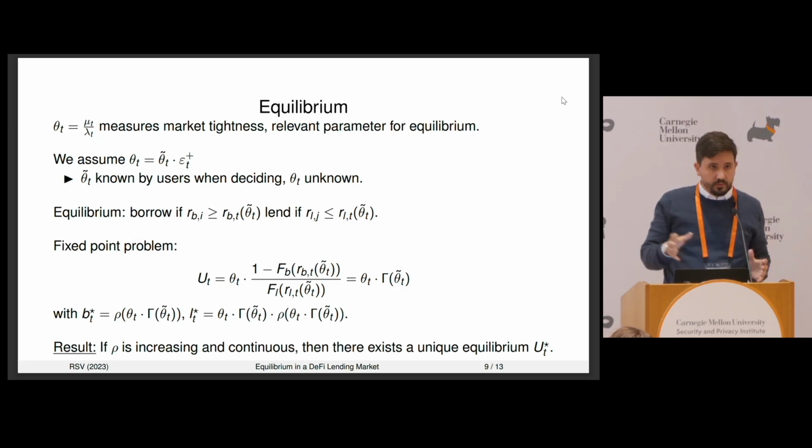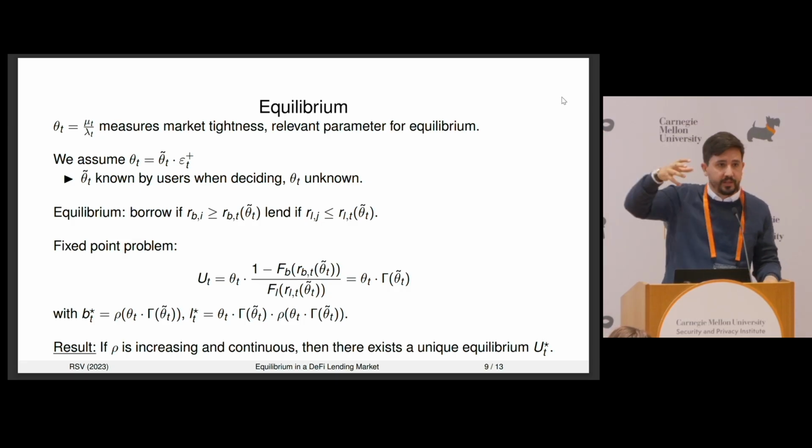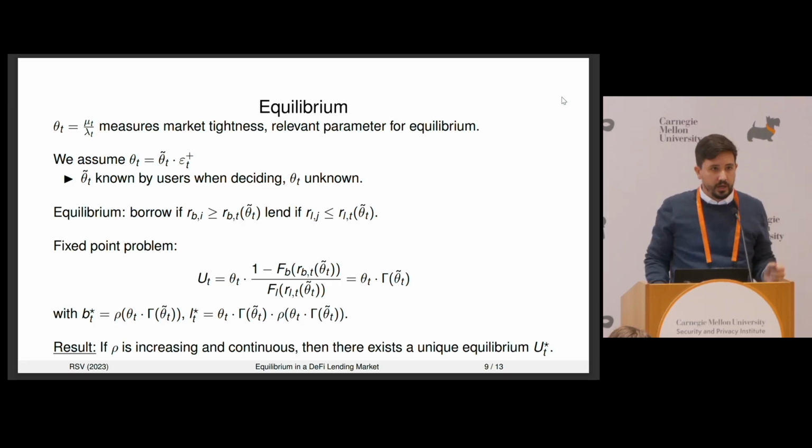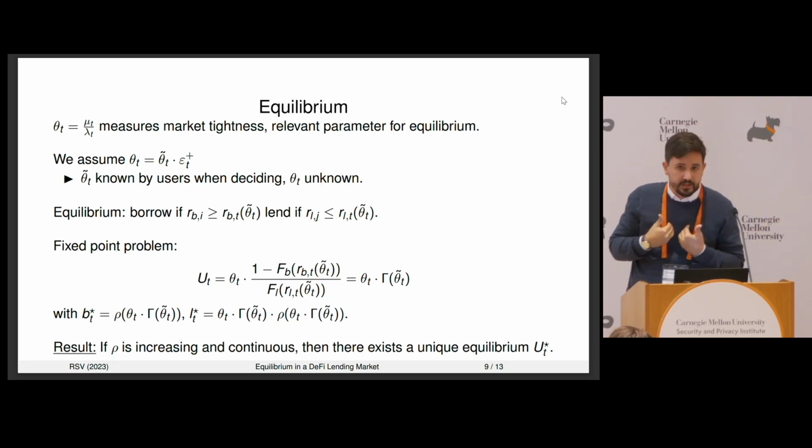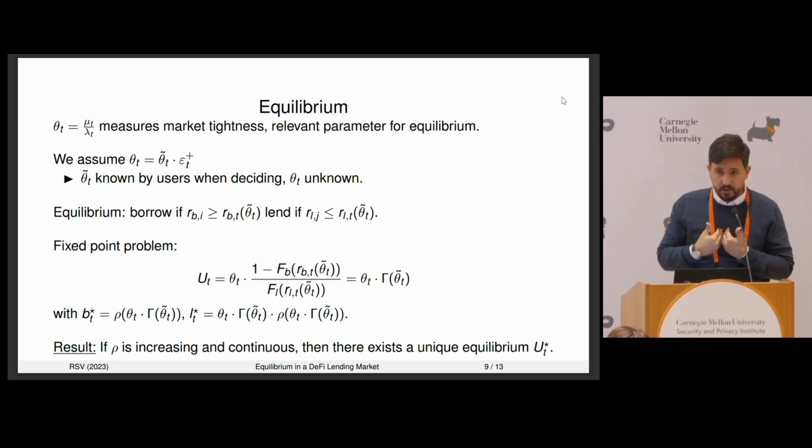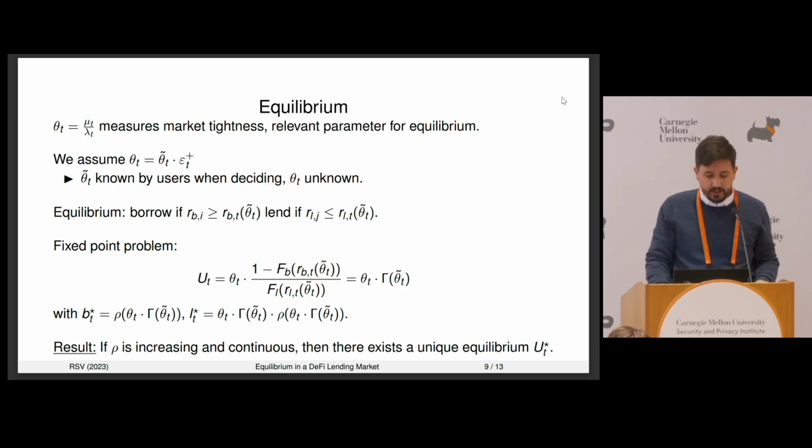Now, to facilitate our exercise, we're going to split the credit market condition theta into a known variable theta tilde. That's going to be what the borrowers and lenders know about the state of the credit market before they make their borrowing and lending decisions. So both users know theta tilde. And then epsilon is going to be a shock that occurs after decisions are made. Okay. In the case where the users have perfect information, basically the epsilon is going to be deterministic, and otherwise it's going to have some distribution.